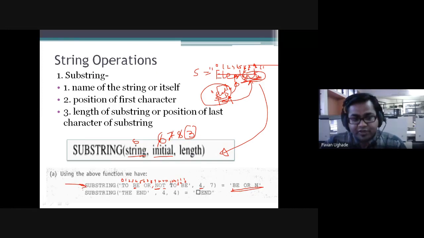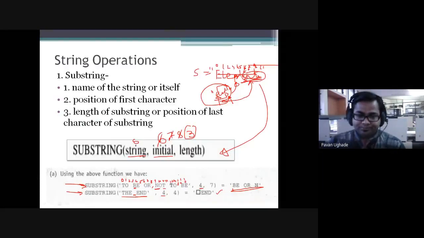I'll give you one more query. The second query, substring, I have given this string, from 4. So 4 is nothing but your position, that is a space, and then from here you calculate the length 4. So the space itself, then 1, 2 and 3, that is total 4 positions. So this is your answer. I hope this much is clear to all. Is substring clear, guys?